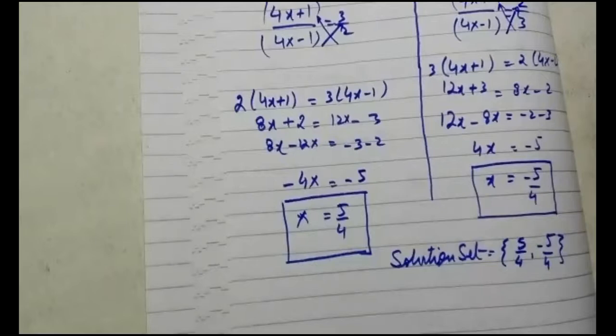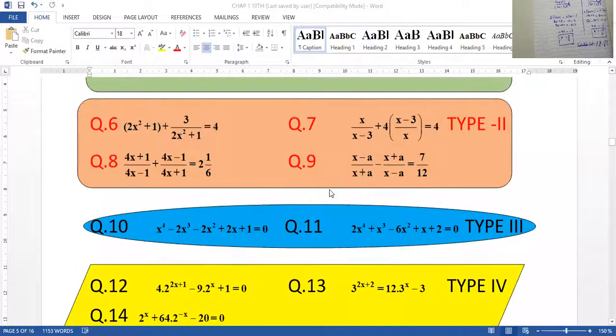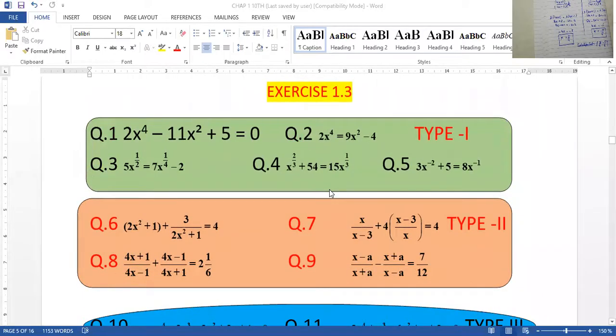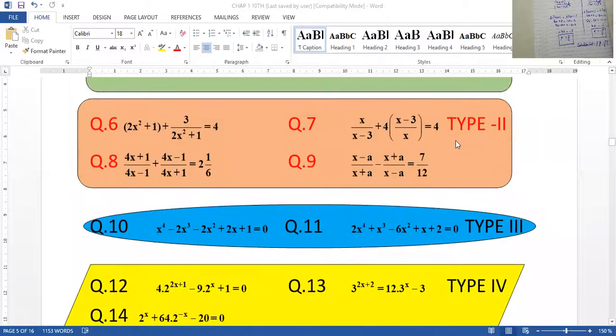If I show you the next type of questions, I have highlighted the parts separately. In exercise 1.3 in your textbook, we solved question number 2, question number 4 yesterday, and for question number 5 a hint was given. So in type number 1, I have worked out questions 2, 4 and 5 for you. And for type number 2, which we have just finished, we have done question number 8. Yesterday we did question number 6, and I think one question was given as homework as well.